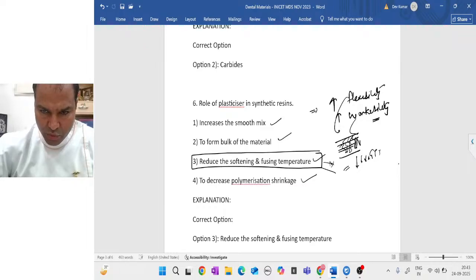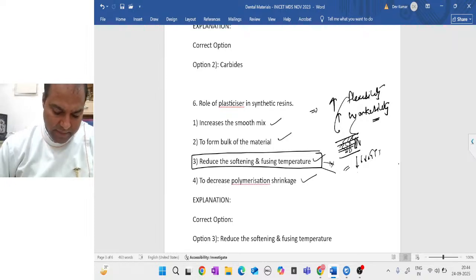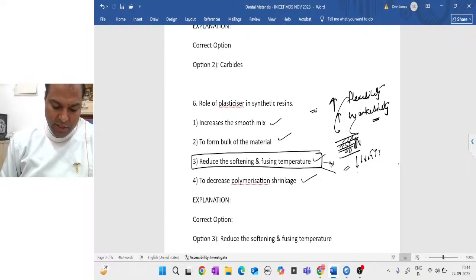softening temperature so that our resins might be soft or resilient, more softer at room temperatures. तो it reduces the, mainly तो यहाँ पे आंसर होगा it reduces the glass transition temperature, the fusion temperature। ठीक है, हमारा पॉलीमराइजेशन श्रिंकेज को कम करने में प्लास्टिसाइजर का कोई भी रोल नहीं है।